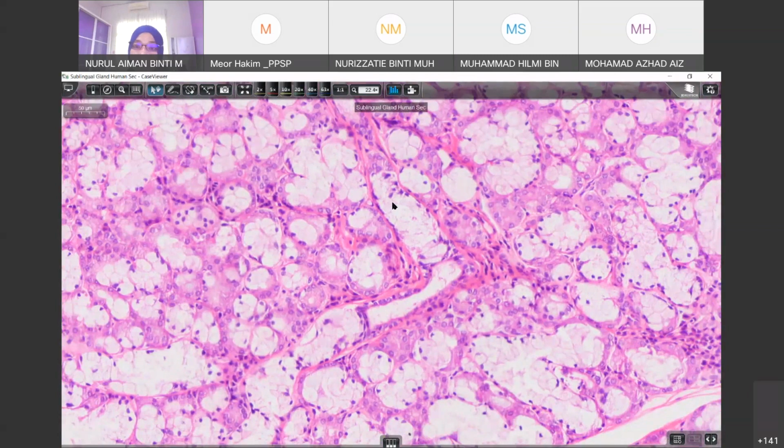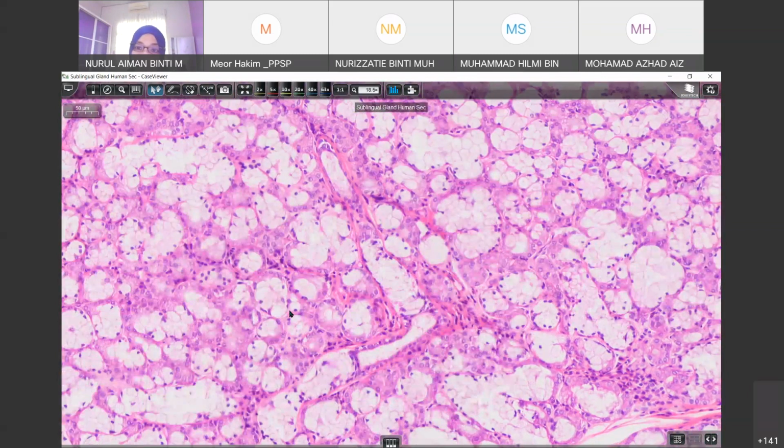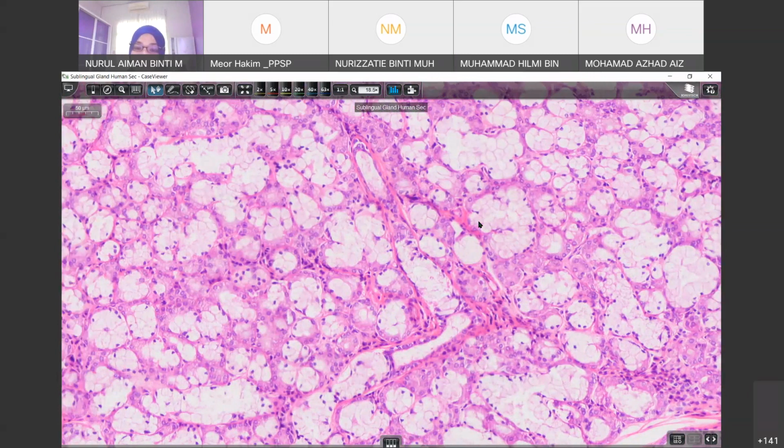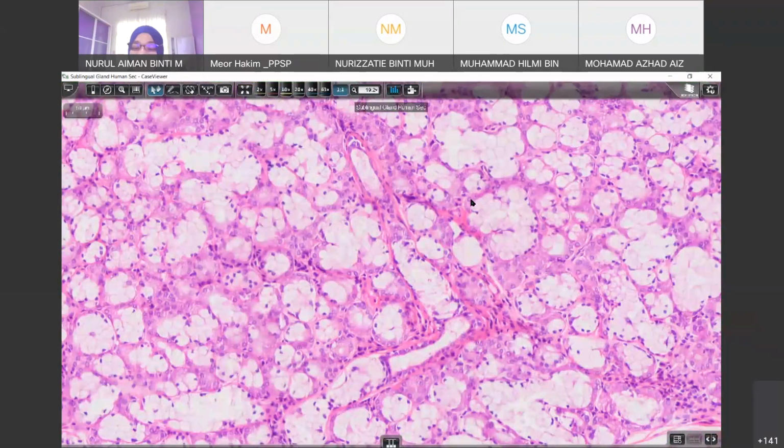If you want to look again at the serous demilune from just now, this is part of the serous demilune, where you can see the serous gland is more purplish or dark in color. It is intensely stained. The cytoplasm is intensely stained. So this is the compound tubuloalveolar gland, also called compound tubuloacina gland,